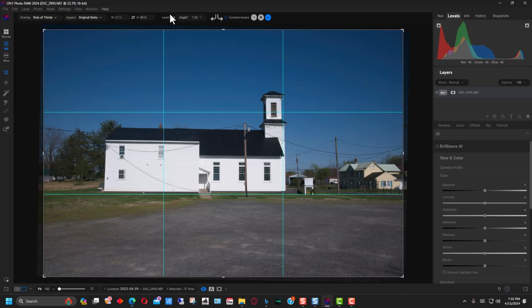The level function, if you select this, you actually draw a line, either horizontal or vertical, and it will align either the vertical or the horizontal to it. So if you have a straight line like across the top of this roof, you may level it to that. But in this case, I think this looks a little more level overall. A lot of times there's nothing straight in the picture because buildings aren't exactly straight, and even if they are exactly straight, you may have converging lines because of the angle or the lens that you're using. And so you just have to kind of eyeball it and get it to where you think it looks good,